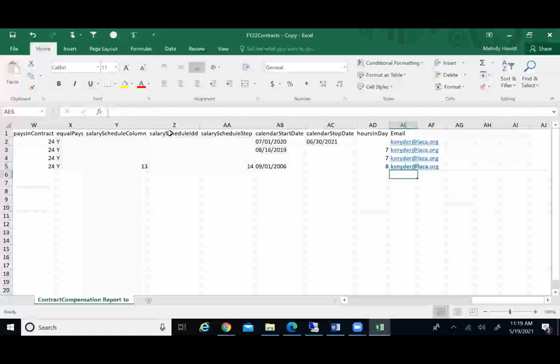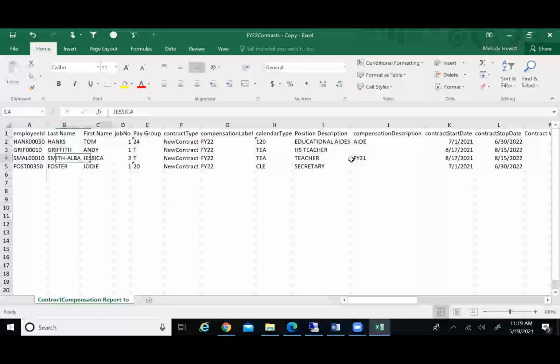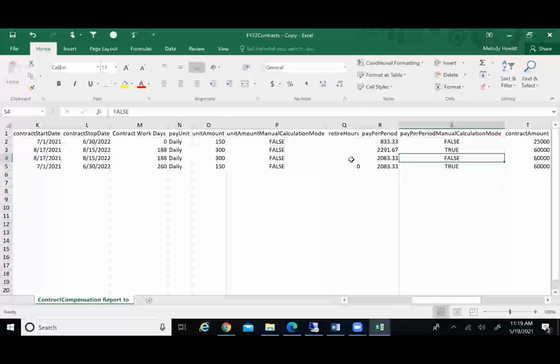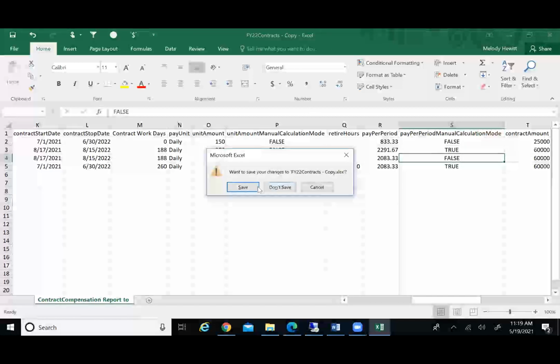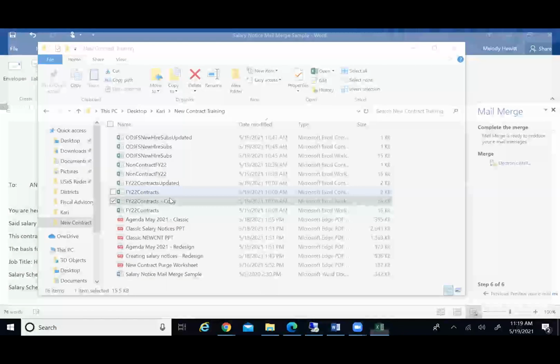If this is the first time you've ever sent salary notices by email, I would suggest testing with a few employees and doing something like this, putting your own email address in the spreadsheet of a few employees so that you can send these emails to yourself and see what they're going to look like and make sure you did everything the way that you wanted. So once I add this email column,